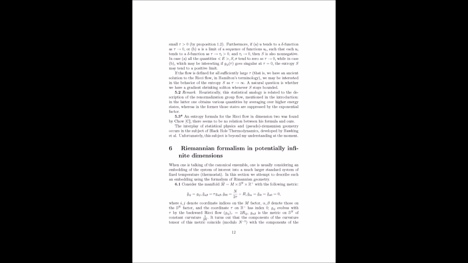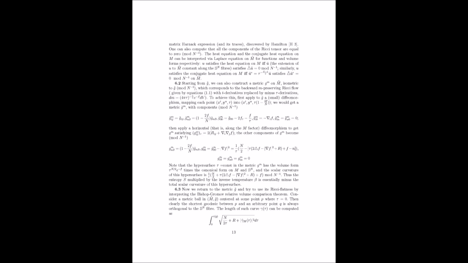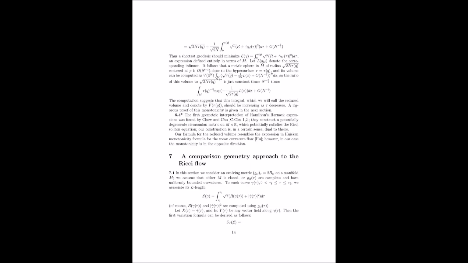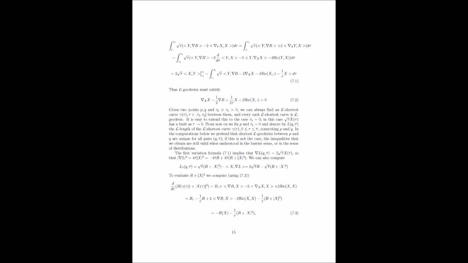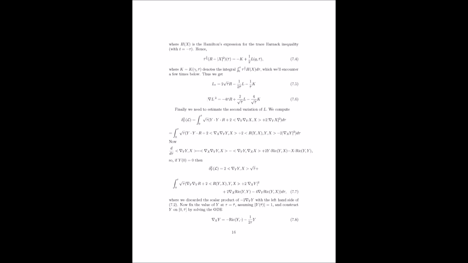And this no-breathers theorem is just the beginning. It sets the stage for even deeper insights into the nature of the flow and its long-term behavior. Okay, we've covered the gradient flow perspective, connections to the Bochner-Lichnerowicz formulas, and now this amazing no-breathers theorem. What's next in Perelman's journey? Well, from here, he introduces a really crucial concept, the idea of reduced volume. It's a bit more abstract, but it gives us a powerful new lens for understanding the Ricci flow, especially how those singularities form. I'm intrigued. Tell me more about this reduced volume.